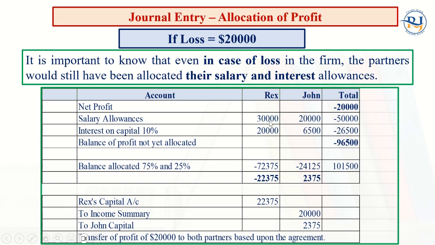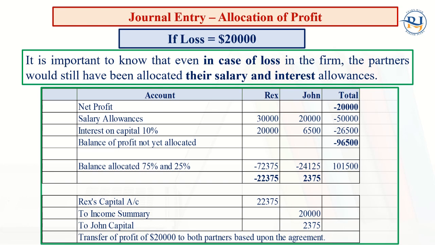Now if you make a total of this, you will find that the total here is 22,375 loss, that Rex will bear this much of loss. It means he will be giving this much amount to the partnership firm because there is a loss. Look at this figure, which is very important, that is the $20,000. Rex is saying that the total loss that we have suffered in this firm is $20,000, but I am paying